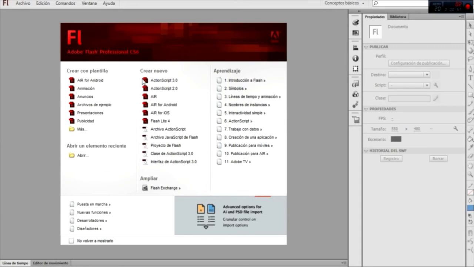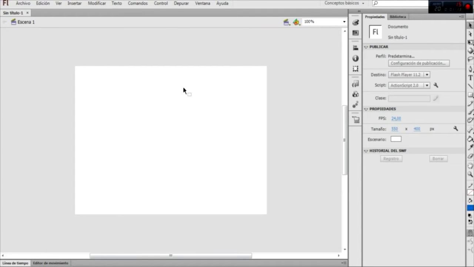In this case, I will focus on ActionScript 3.0 to create a new document only. Click on ActionScript 3.0 and you will see it as a new document. It creates a stage with a default size of